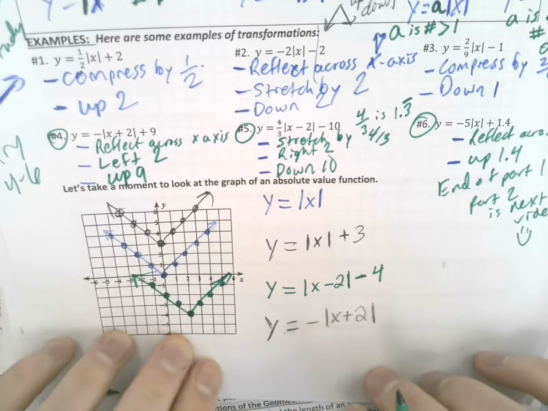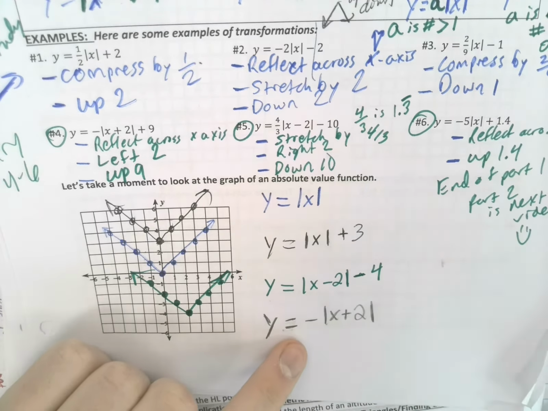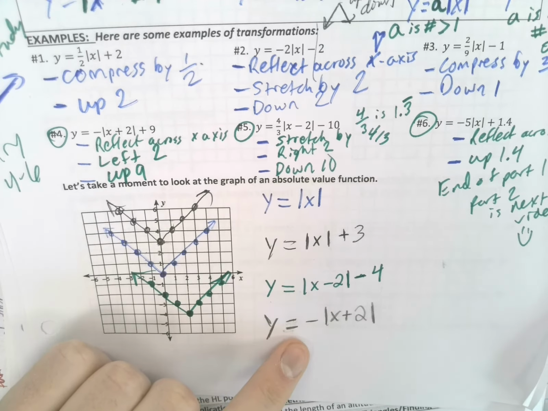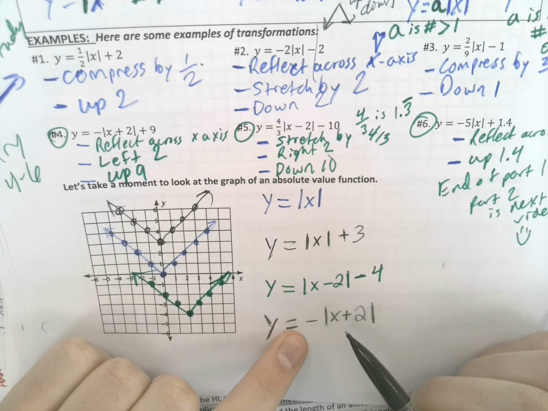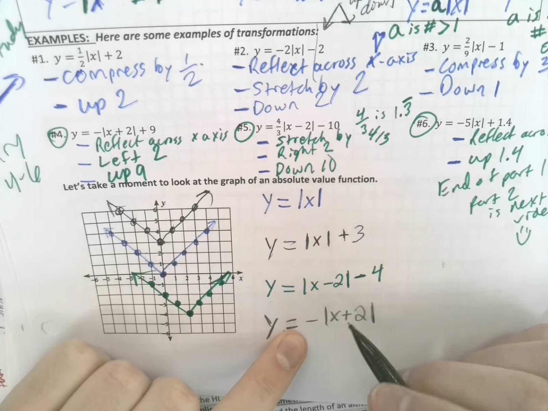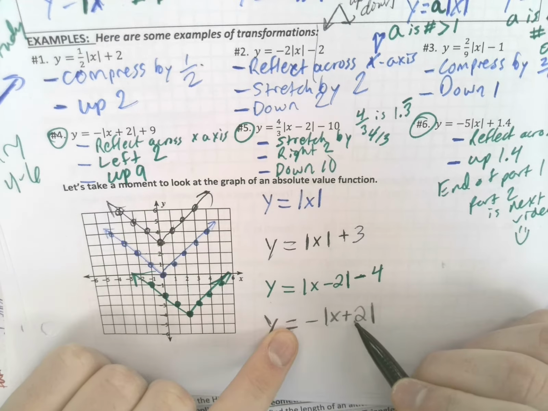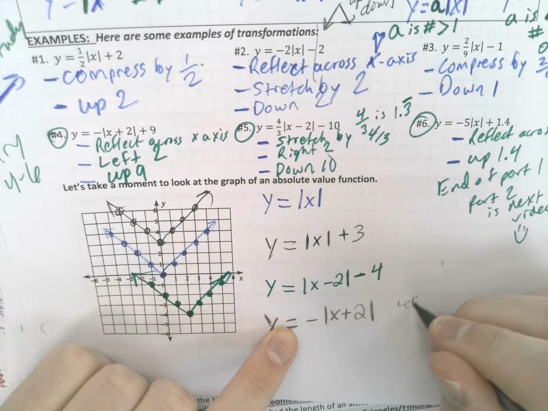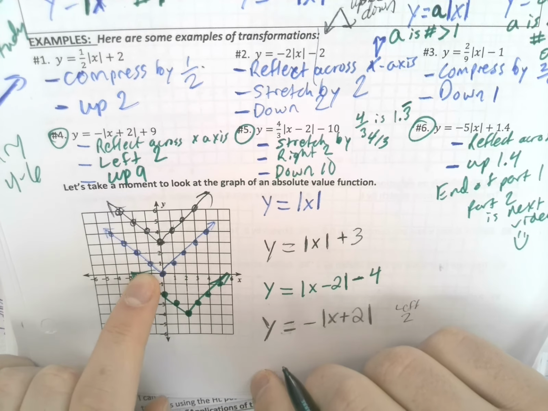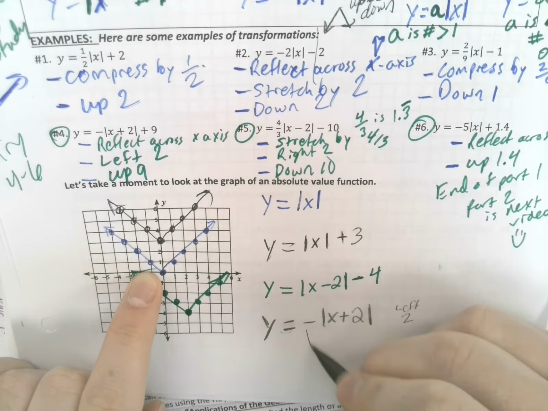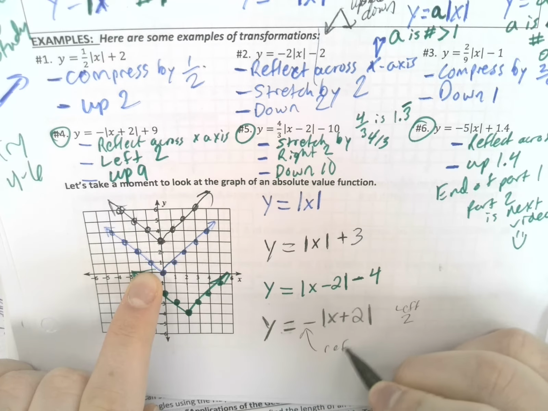All right. Last one. This one's in pencil. Y equals negative x plus 2. Okay. So let's deal with the plus 2 part first. That means we are going left 2. So we go left 1, 2. But then that negative means we are reflecting